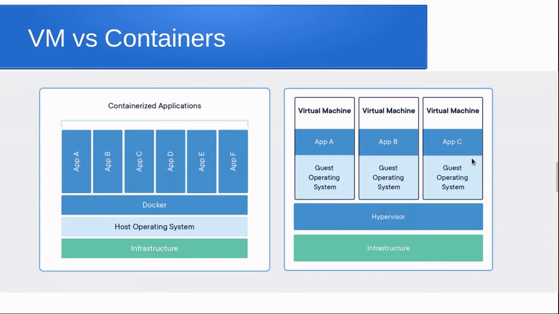So the problem with this approach is there is a guest operating system involved every time you create a new virtual machine, and that guest operating system needs to consume some resources, right? Even though all three of these virtual machines are Linux virtual machines, and they might share common libraries, still these applications need separate virtual machines. So that takes your infrastructure, and it increases your costs, and also it is a resource hungry kind of approach.